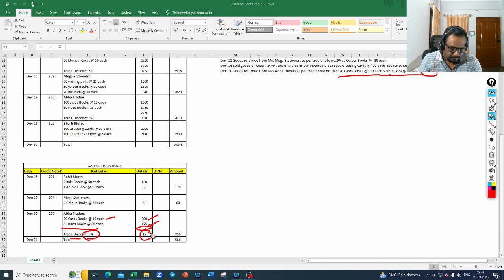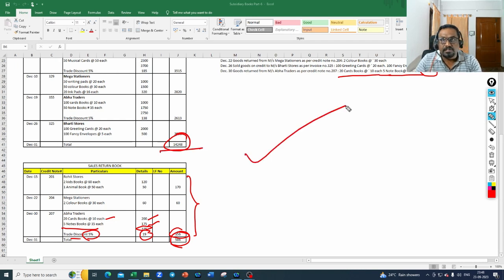Then when we subtract 19 from 375, we are getting 356 rupees as net sales return. So when we total this sales return, it is coming to 586 rupees. Similarly, when we total the sales book, it is coming to 14,248. This is what is